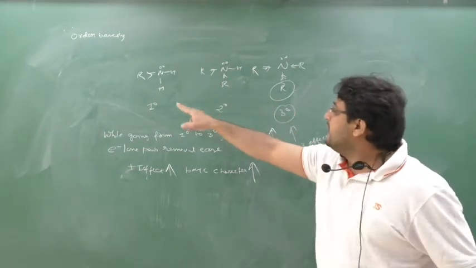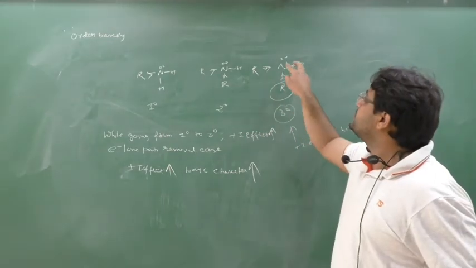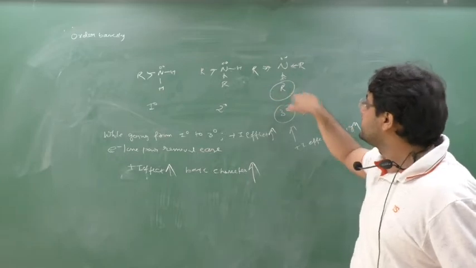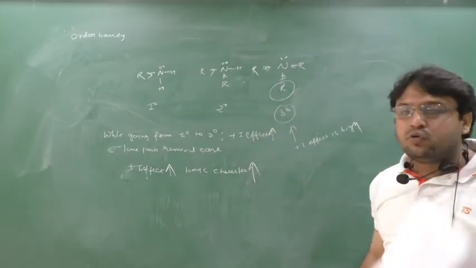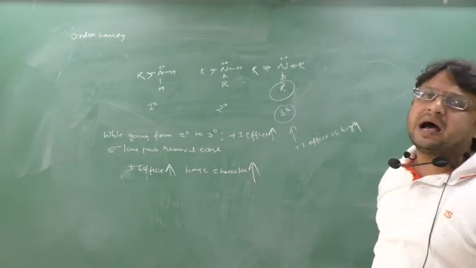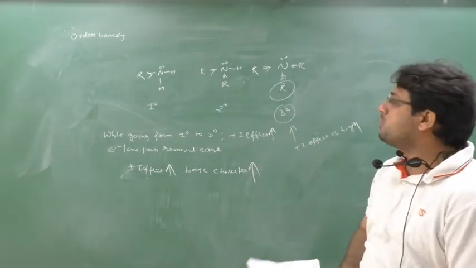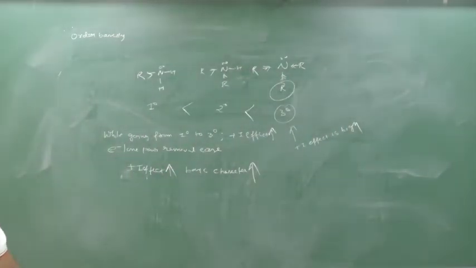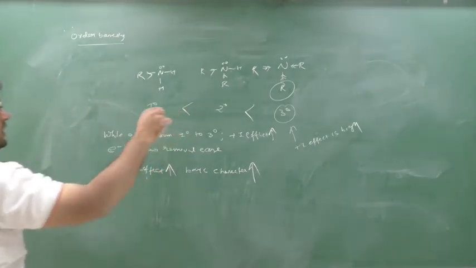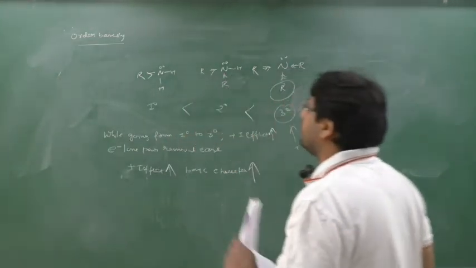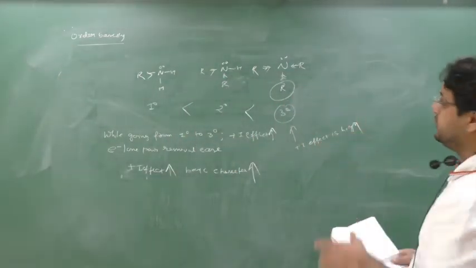See, compare here. Here there are 3 R. So more push will be on this electron lone pair, hence easy removal on this nitrogen of the 3 degree amine. So this 3 degree amine can easily remove the electron pair due to 3 alkyl groups and more I effect. More I effect means this will be more basic as compared to 2 degree and 1 degree. So this is the order of basicity for 1 degree, 2 degree and 3 degree.